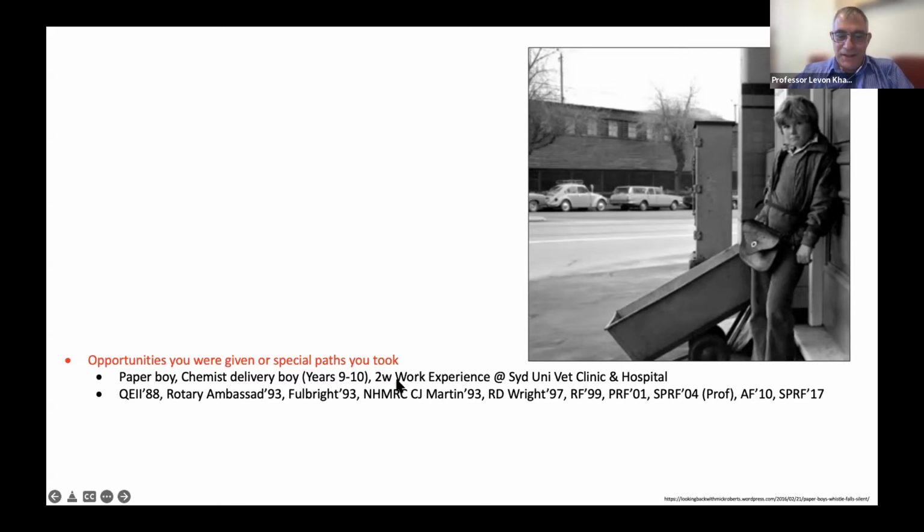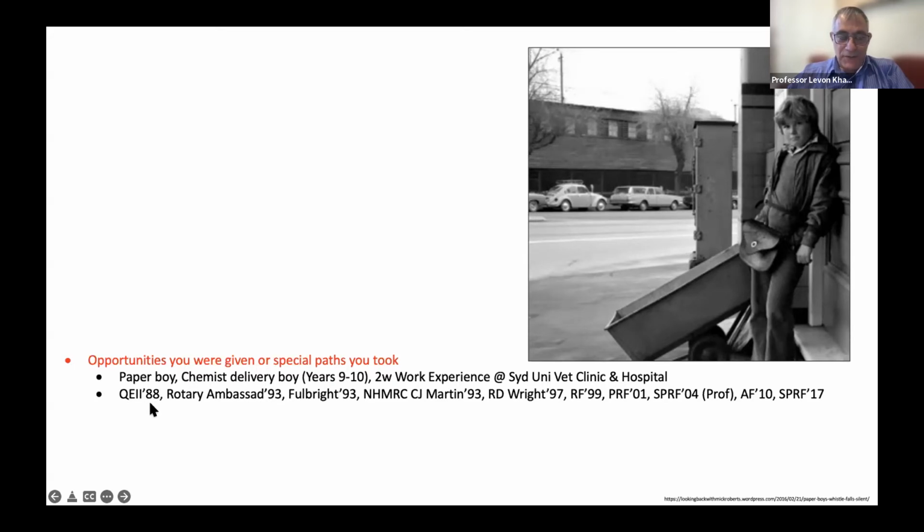And that then led to a two-week work experience at Sydney University's vet clinic and hospital, where it was really an eye-opening experience. I participated in surgeries, not so much doing them, but certainly observing what was going on with the small animals, and spending some time in the lab looking down microscopes, looking at specimens, trying to differentiate between normal tissue and diseased tissue, and so really that was the grounding for me